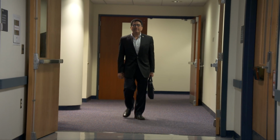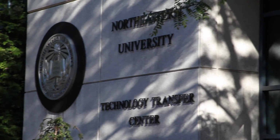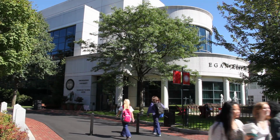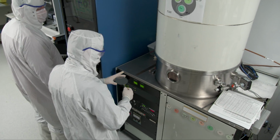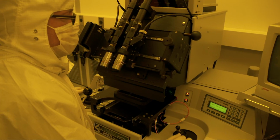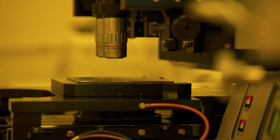And this man believes he can do just that. He's Ahmed Busnaina, director of Northeastern University's Center for High-rate Nanomanufacturing. The center was launched with funding from the National Science Foundation to help translate lab-based nanoscience into practical applications, a concept Ahmed wants his graduate students to embrace. The last experiment that I have done was the paclitaxel drug, which is an anti-cancer drug, which is highly...